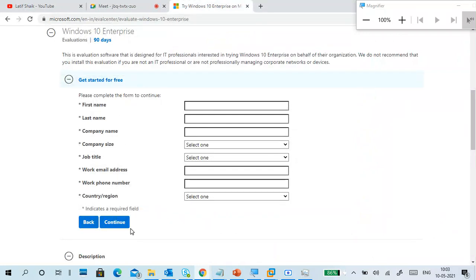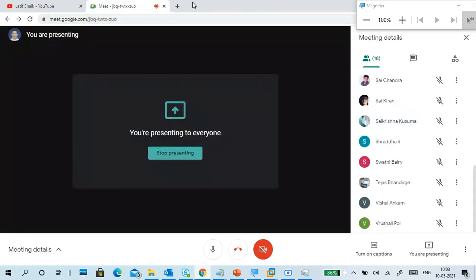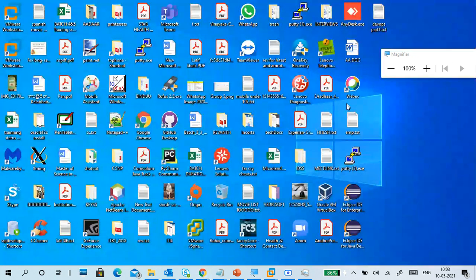So this is how you can continue: install, download the Windows 10 Enterprise, a new version, which is better for the next practicals also. Not only Windows 10 practicals. If you have any other issues to download, I have already stored them in my Google Drive. I will share that. So this is about your downloading.